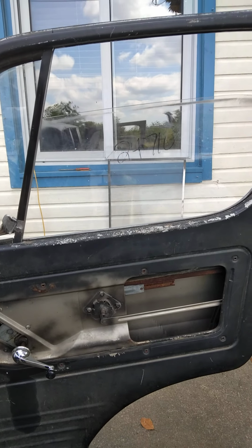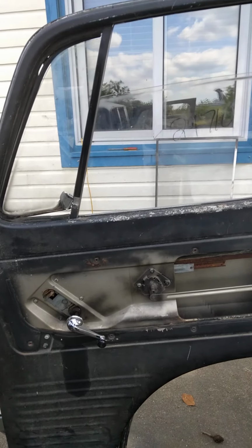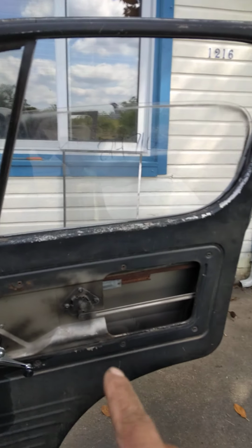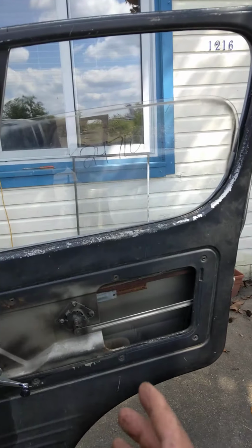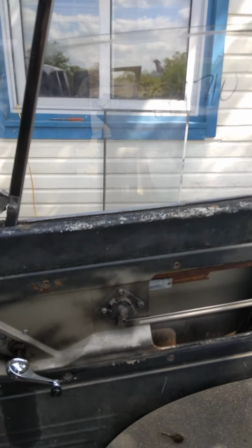Alright, I've just replaced this window in the van and the regulator. The reason I had the window out was because I had it traced for the driver's side window, which was broken when I got the van. So I got it back in there, and how I got it in there was I had already taken out